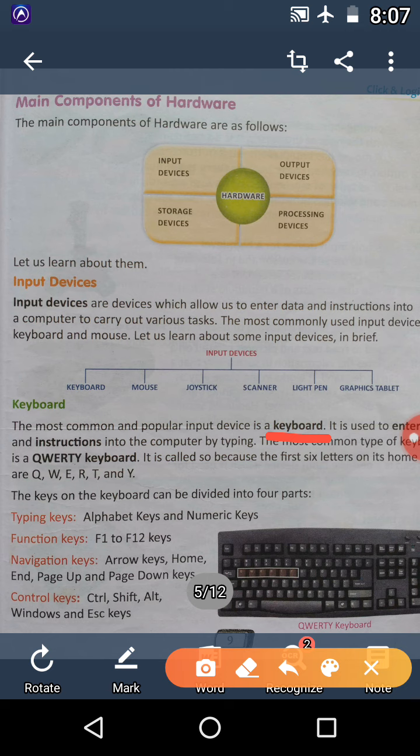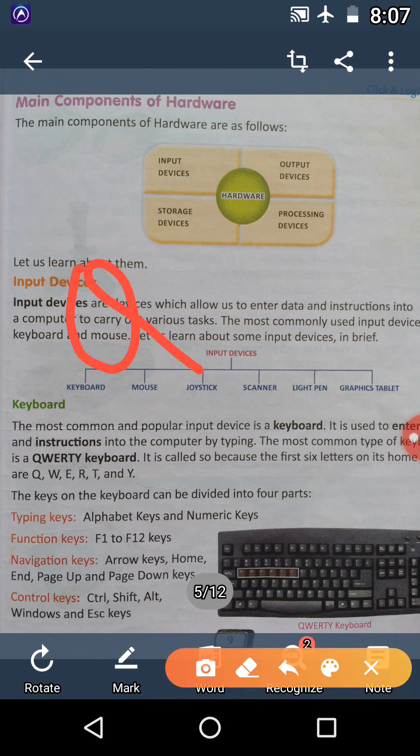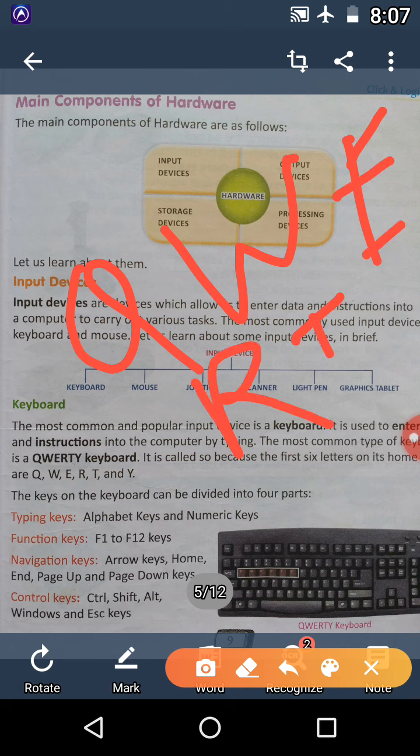data and instructions into the computer by typing, and it is also known as the QWERTY keyboard because its first 6 letters are Q, W, E, R, T and Y. So it is known as QWERTY keyboard.